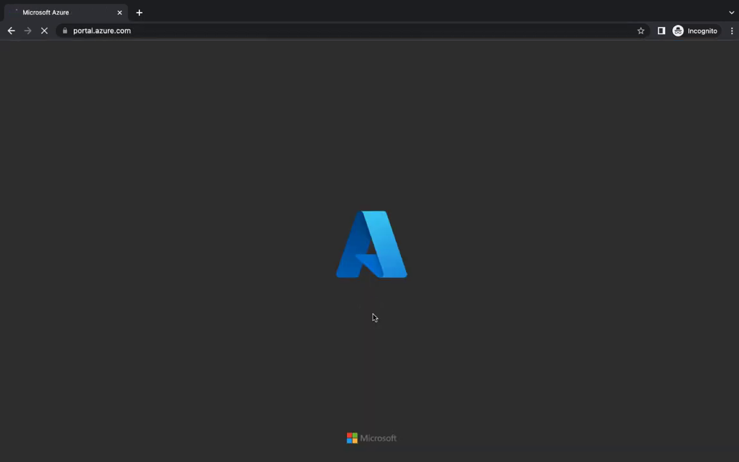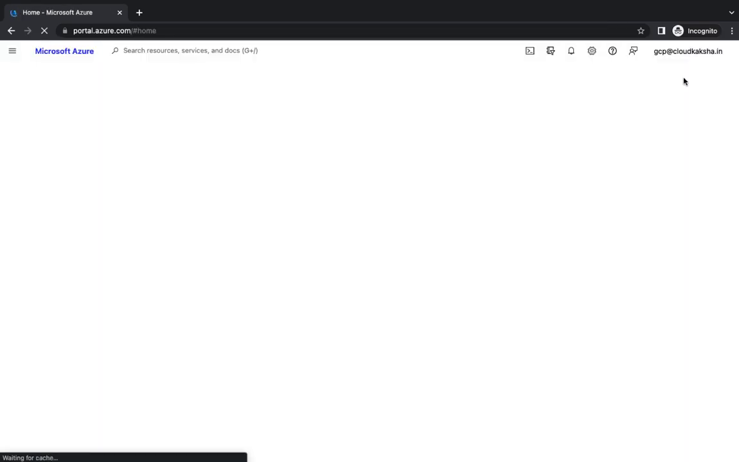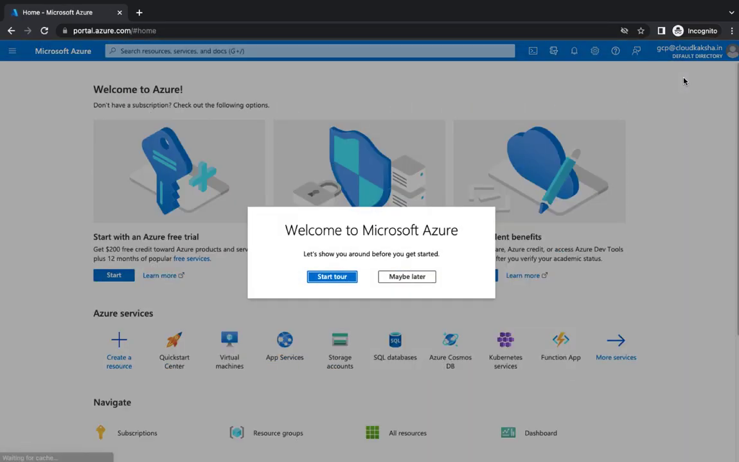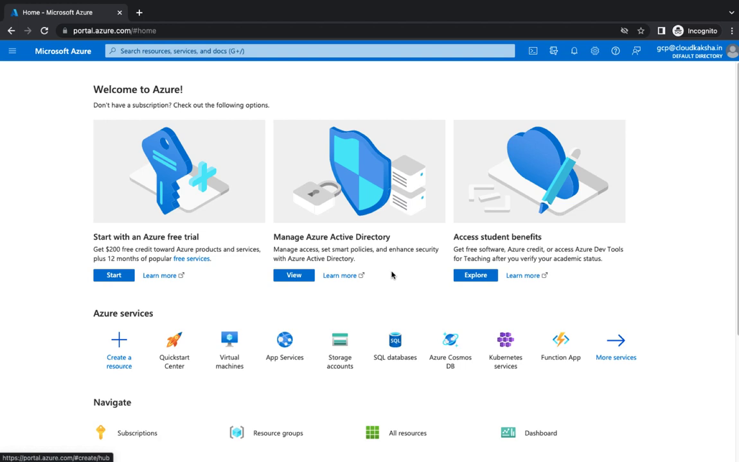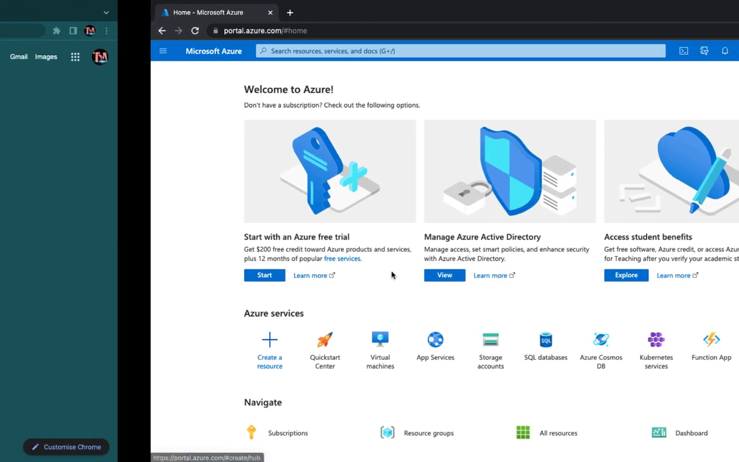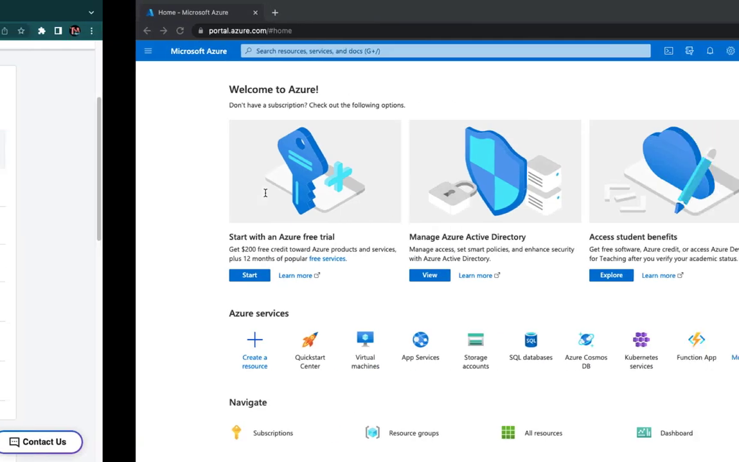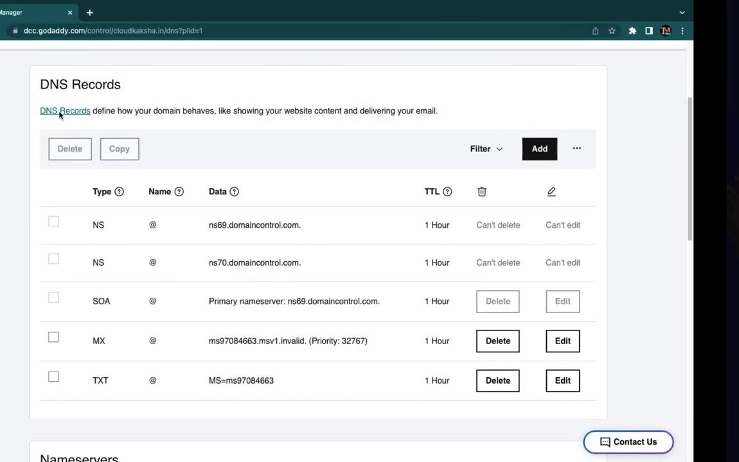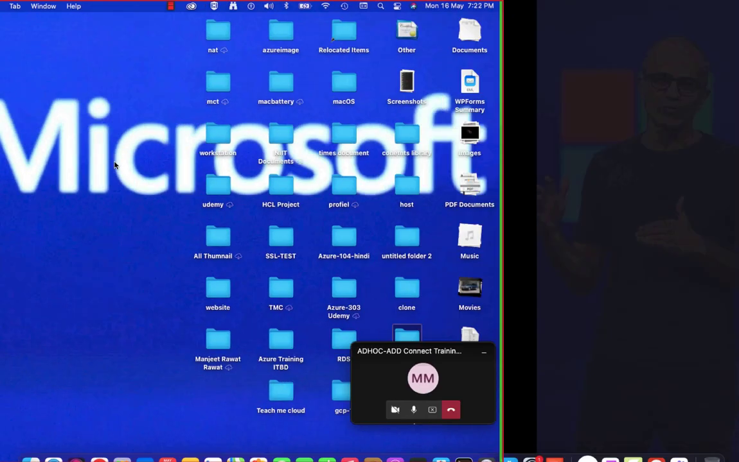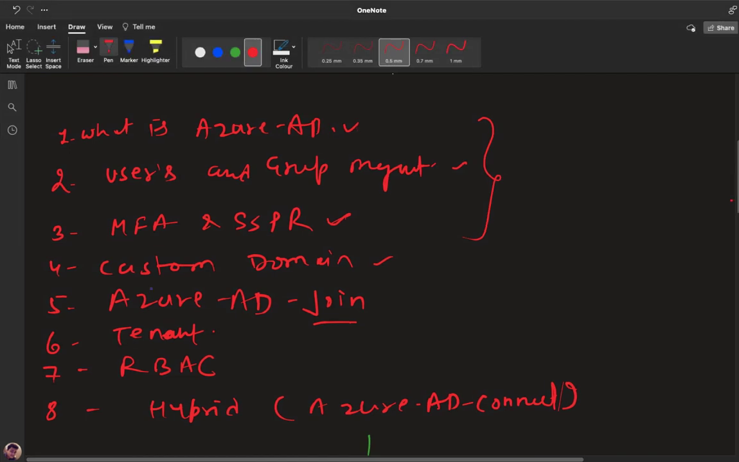Fine. We are able to access our Azure services with the help of GCP@cloudcuxer.in. Cloudcuxer.in is our organization name, our custom domain, and GCP is the user that we created with the help of the Azure Active Directory panel. I hope it is okay about the custom domain management. Clear. And the next topic, next part, related to the topics, we need to understand about AD join, which is